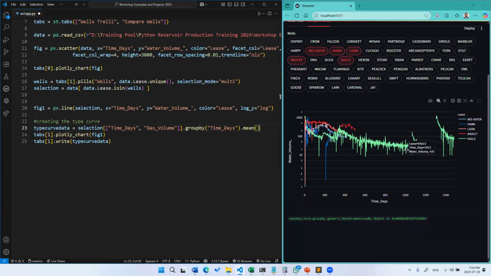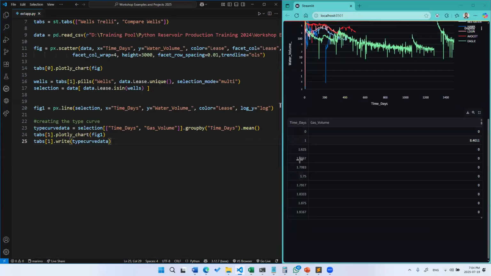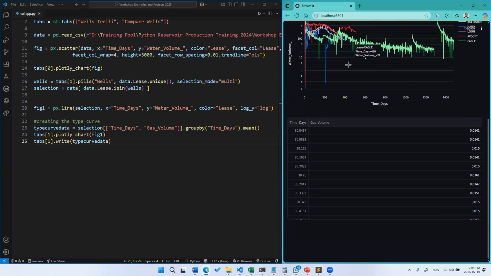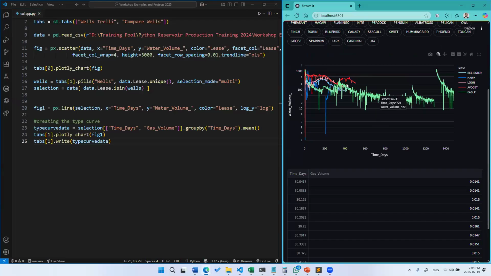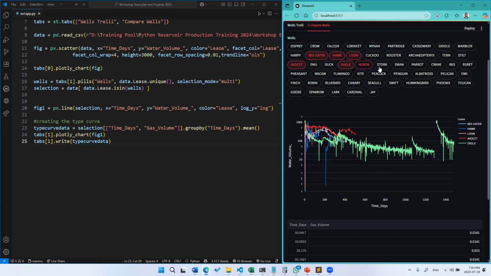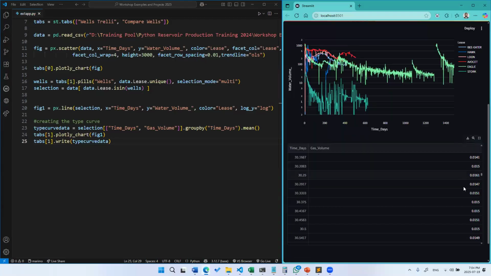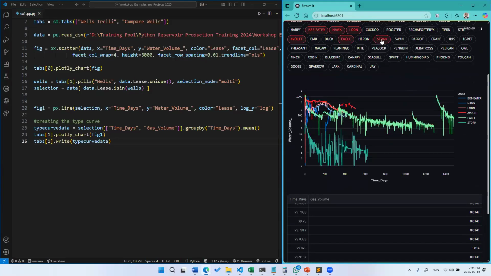You can also show the cumulative across the wells, that's also a possibility. Save it. There we go. Now you can see the average across all of these dates, and you have a single date and then the average gas volume from all of these selected wells. And yes, the key thing is if you select another well added to the stack of the type curve, now you're going to get a different set of data. Because this is a very interactive type curve,